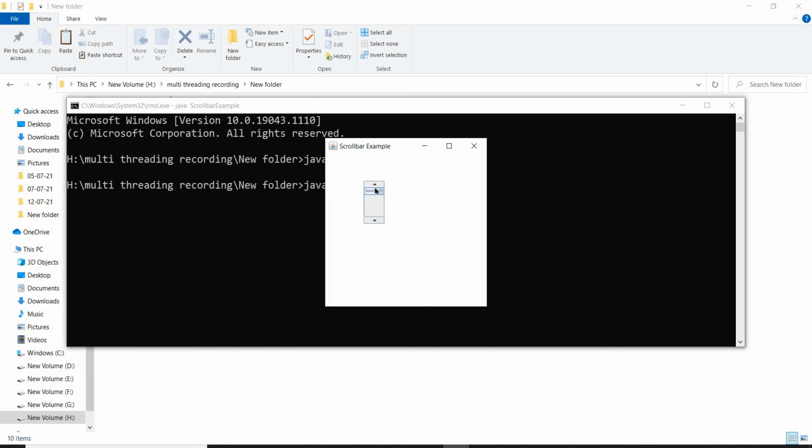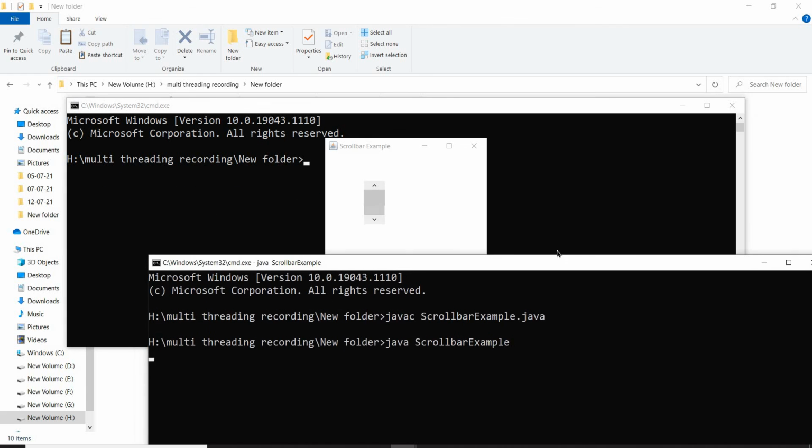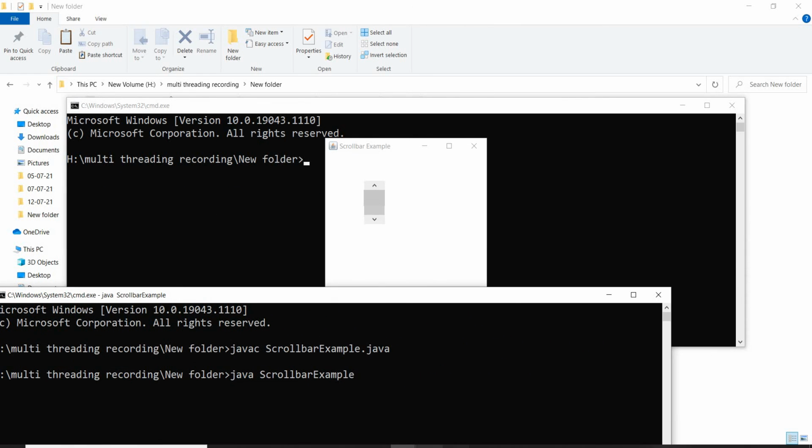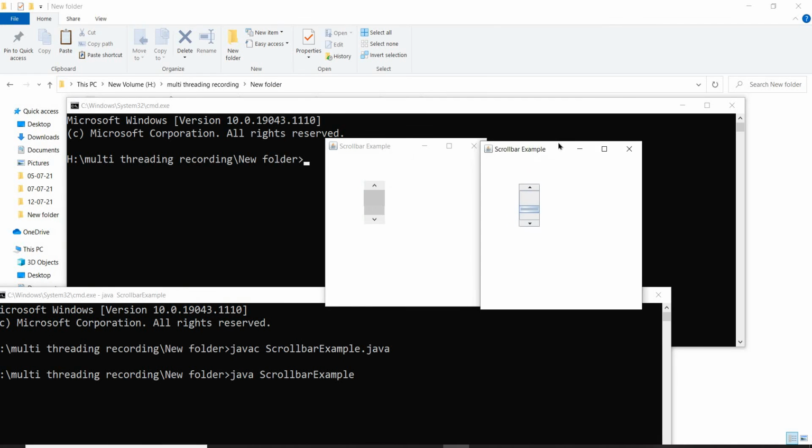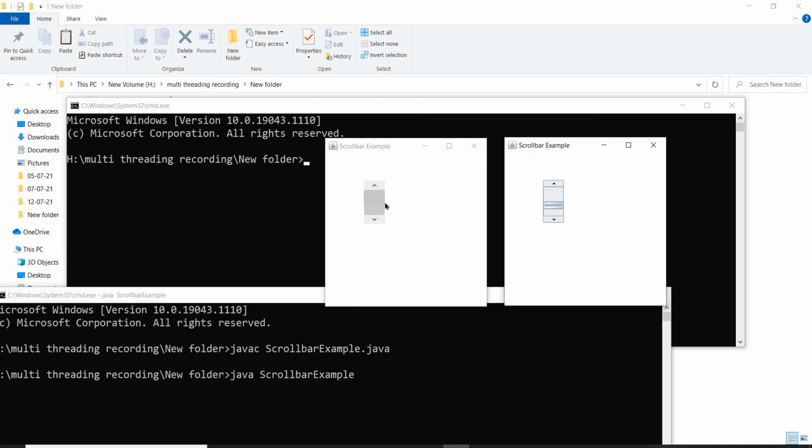See, it's very short, right? When compared to AWT, this is the difference between an AWT component and a Swing component.